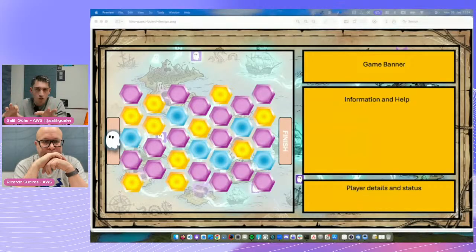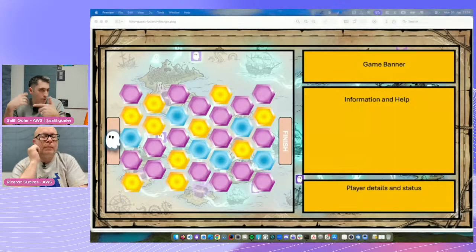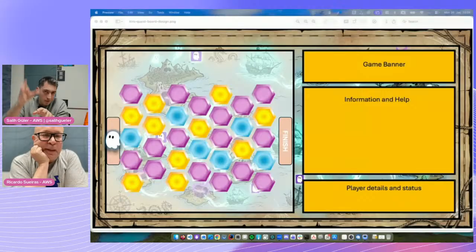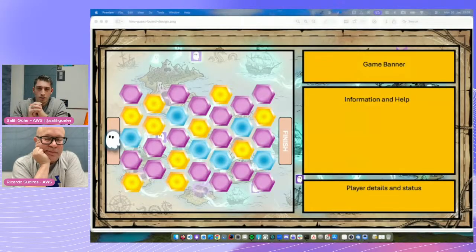SVGs are really great for animating and so on, so you can do path animations and we can use our imagination to actually make it work. So that is what I imagine immediately. PNGs and so on, besides the moving up and down and having this fun animation, it would be a bit challenging. That being said, I'm all for it because it's something that I really like about, for example,